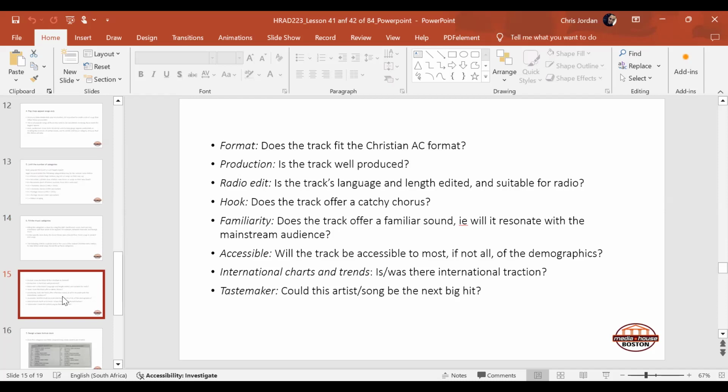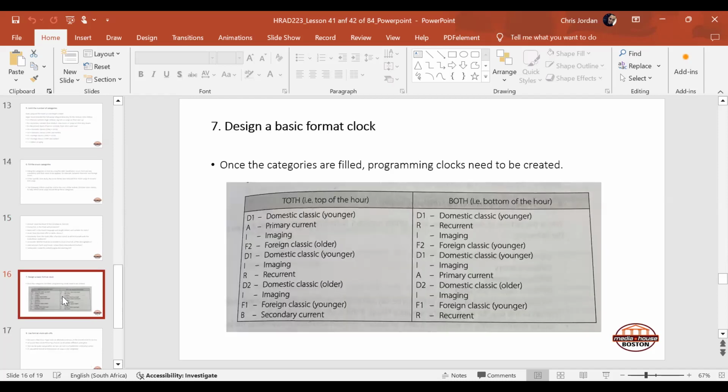The hook: does the track offer a catchy chorus? Familiarity: does the track offer a familiar sound, so is it going to resonate with the mainstream audience? Even if it is a new one, has it been a hit somewhere else or is it trending somewhere else? Accessible: will the track be accessible to most, if not all, of the demographic? International charts and trends: is there international traction? And Tastemaker: could this be the next big hit? Those are all the questions we asked to put